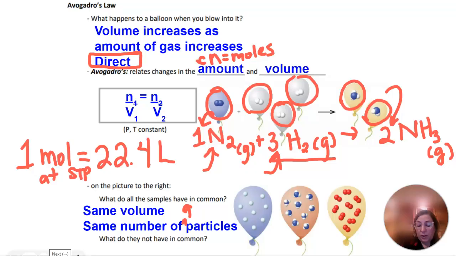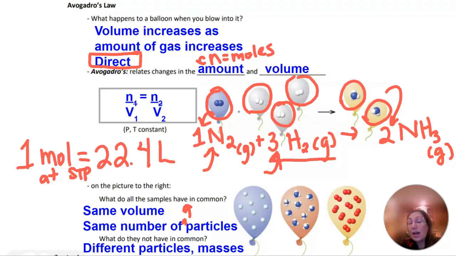So what's different about them? Well, it looks like they're different molecules, like the particles are not the same. And since they are different particles, they're going to have different masses. So it's really interesting that a mole always has this fixed volume at STP, even though it can have different particles and different masses. So hopefully you have a little bit more knowledge about the general gas laws